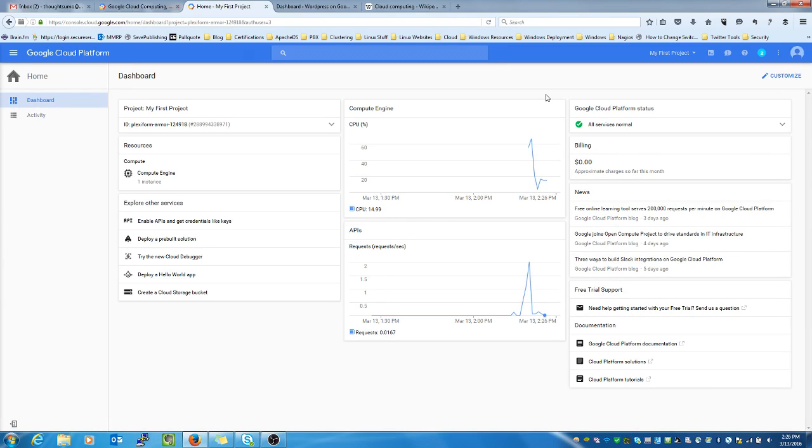And this is a very well put together page because it's telling us about billing and approximate charges so far this month. It has projects. It has the link to the compute engine where our instance is running. It has explore other services. And then it also has CPU usage, which is a great way to monitor whether you need to make that upgrade or not. So if we go over here and click on compute engine,